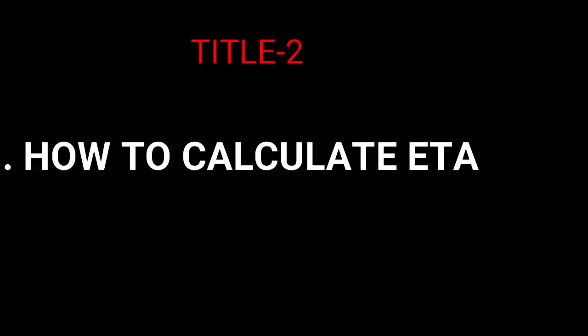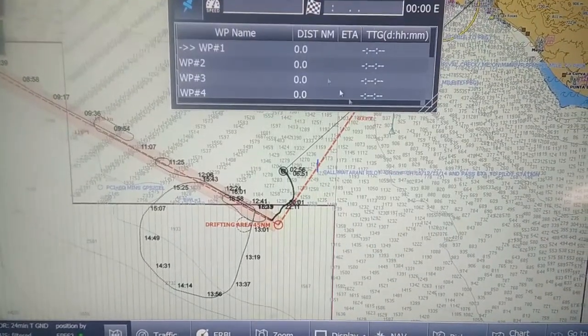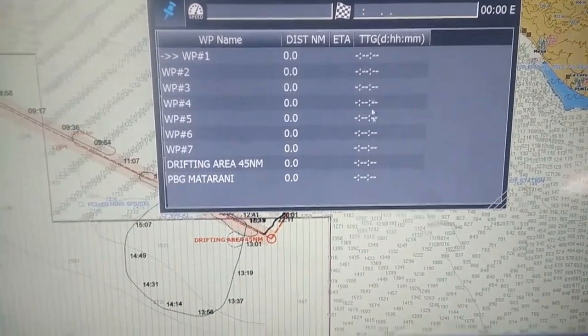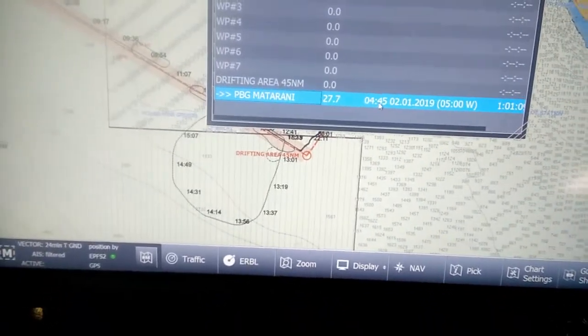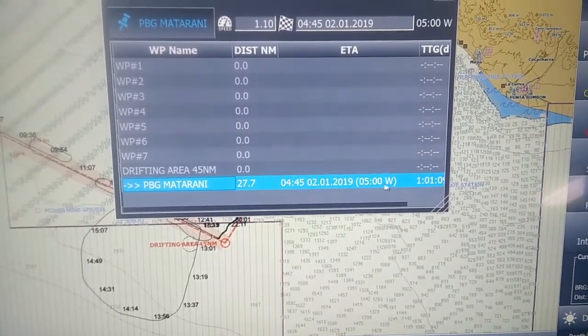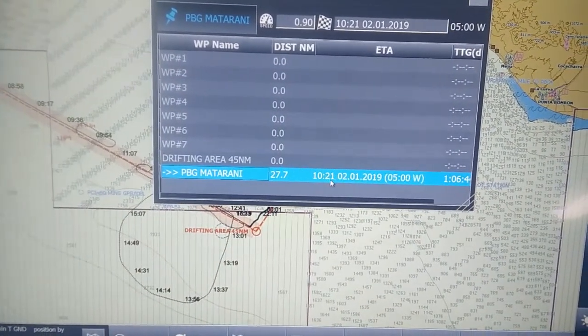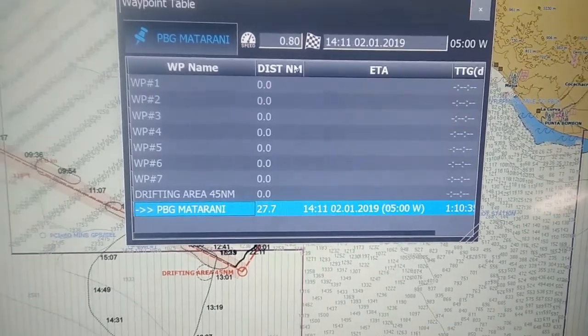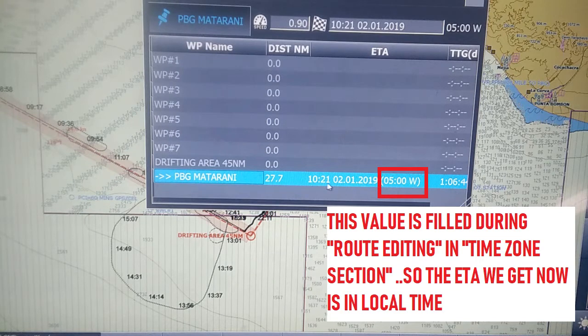To get the ETA for any waypoint, what we have to do is right click anywhere on the route line, and then you can see waypoint table. When you click it, it will open a waypoint table. Initially it will show the ETA for the next waypoint. If you click on the pin on the left side, for example here the pin is there on the left side and it is written pilot boarding ground Matarani, it will open the full table where it will show the ETA for all the waypoints. But as my ship is on the second last waypoint, it is showing only the ETA